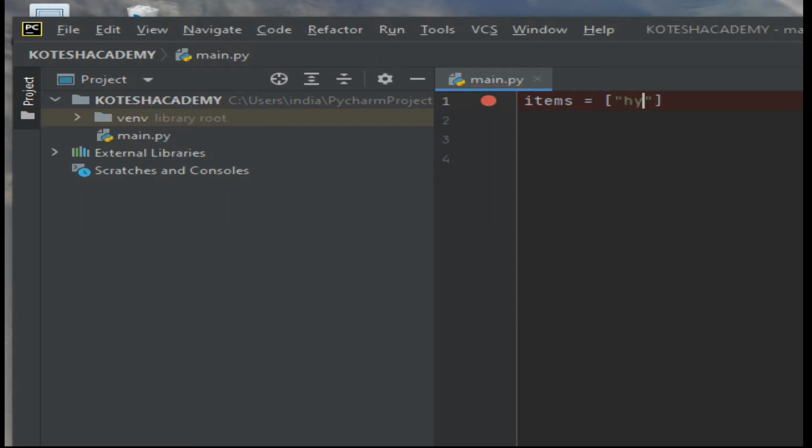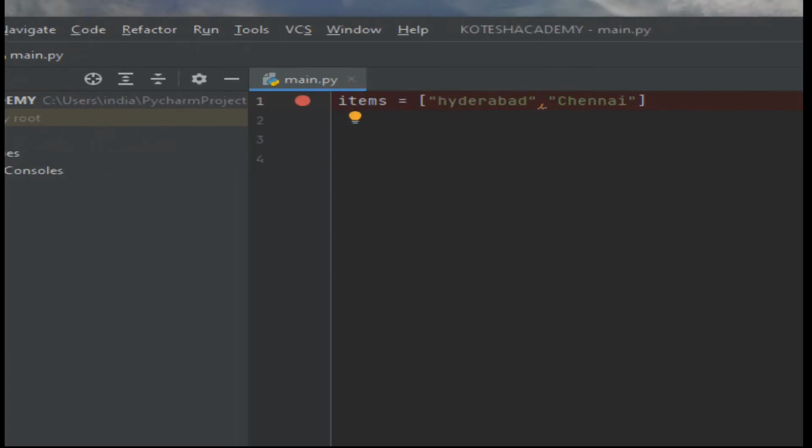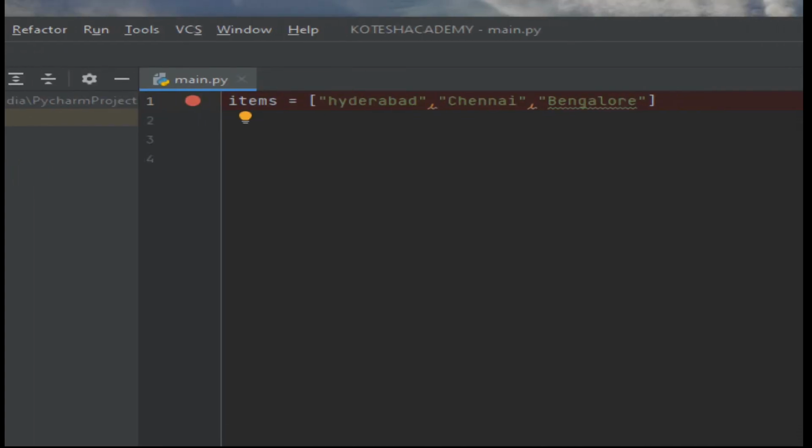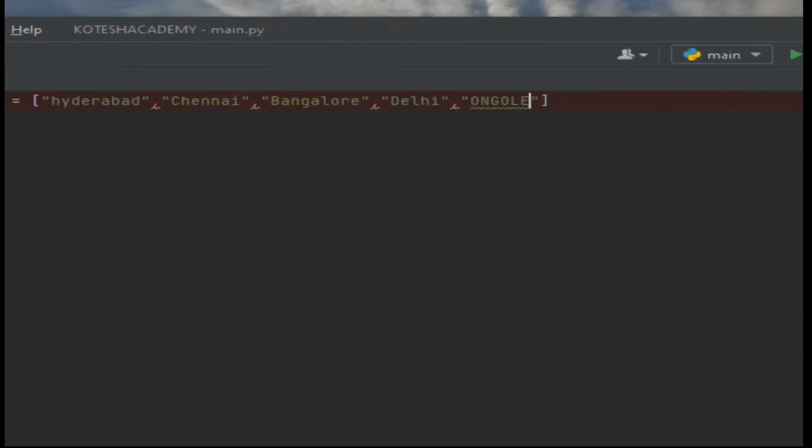I am writing Hyderabad, comma, next one is Chennai, then comma, next Bangalore, next one is Delhi, next one is Ongole. Like that there are different items here.